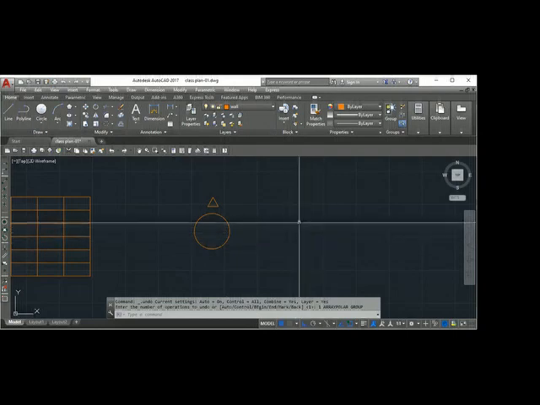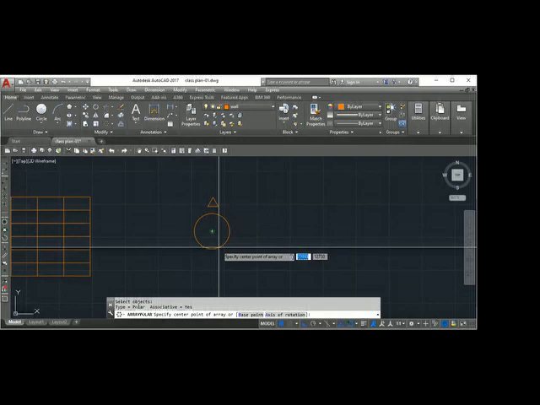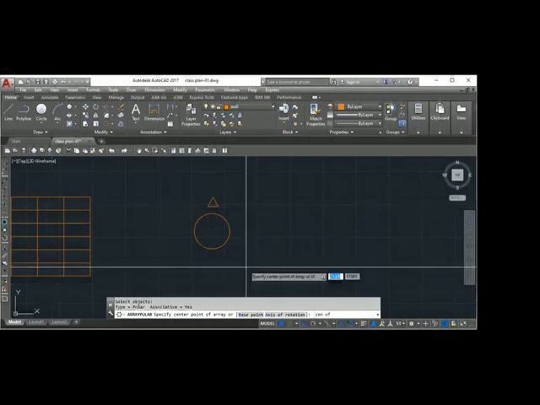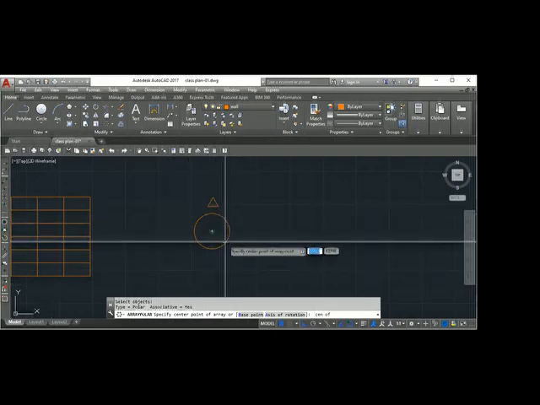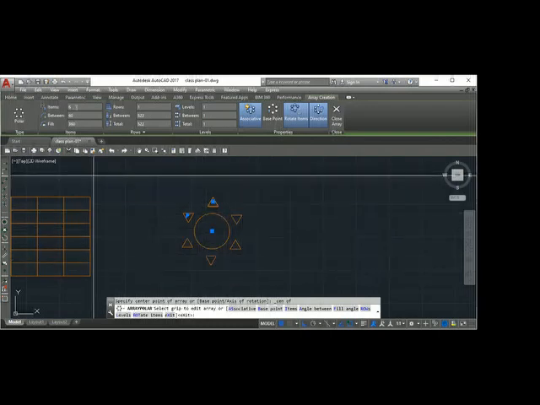I'll repeat again. Polar array. Select the object, and you have to show the center point. So the center point is the center of the circle. If your object snap is not on, you have to select from here and go near the boundary. You select the center point. Now you give the numbers here, whatever number you want. I hope you got the circular array.